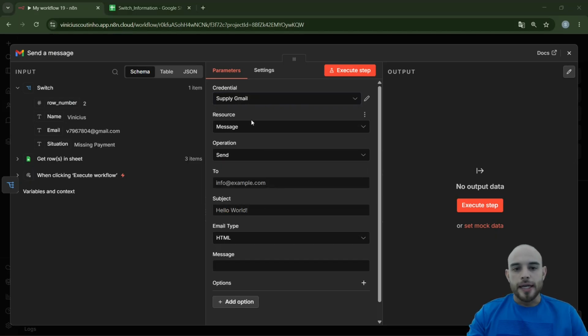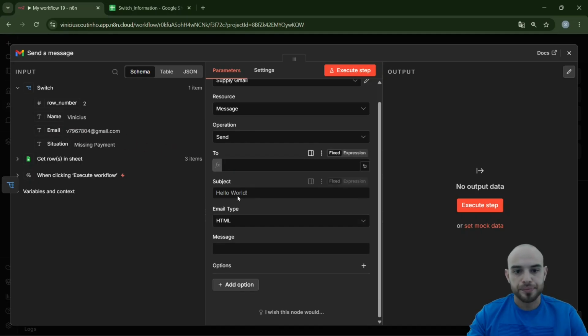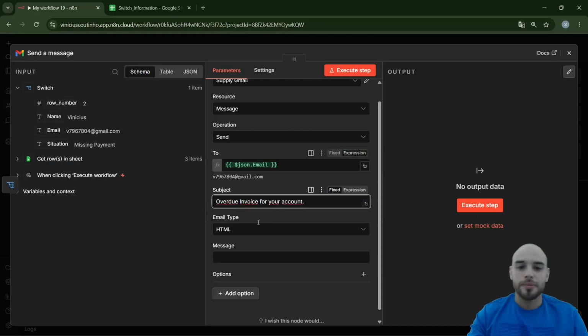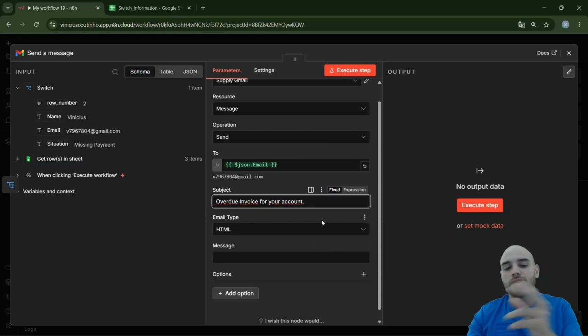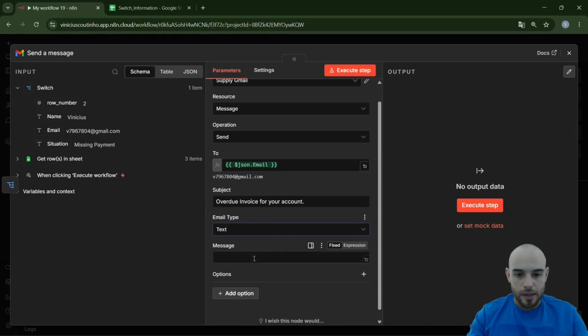Okay, and guys, here in Resource and Operation, you can leave them as they are. In To, I'm going to bring this email from the switch. The subject, I will leave you guys here a document that you can just copy and paste. So I'm going to do the same thing here so we don't lose more time, right? So in this case, the subject is "Overdue invoice for your account." Okay, the email type in this case would be text, and for the message, let's do like